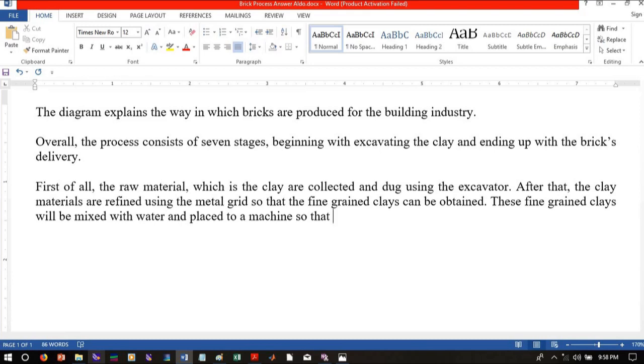I think instead of using when, we should use in which. In which they will be formed